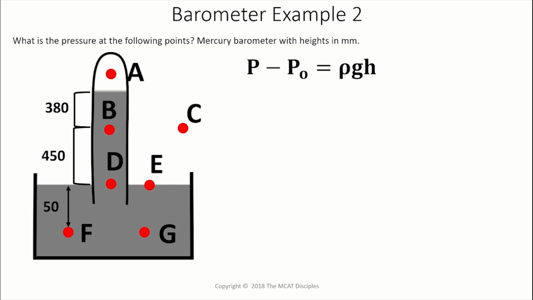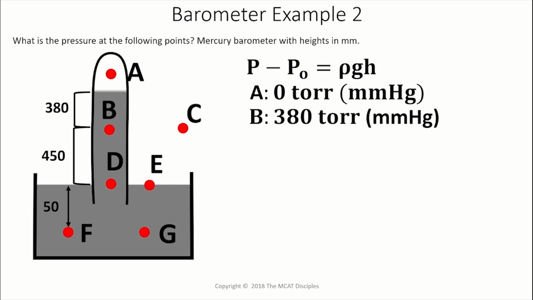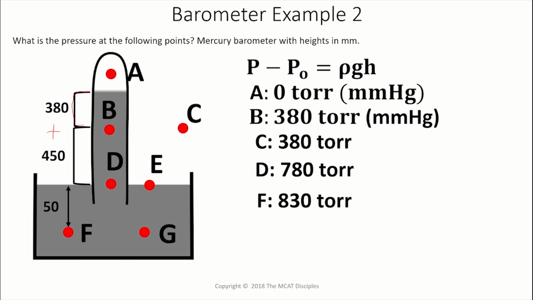And just to make sure you get it, again, you've seen this before, but pressure at A is 0 because it's a vacuum. Pressure at B is 380 torr because this is 380 millimeters up. Pressure at C is the same because, not because they're the same or different fluids, but because the barometer is made to measure at any given depth what is the atmospheric pressure surrounding it. So D is 780 torr because 450 plus 380 is the height above it, and that's the actual atmospheric pressure, or the pressure at the surface of the Earth in this case. And then F is 830 because you're at the distances up here.